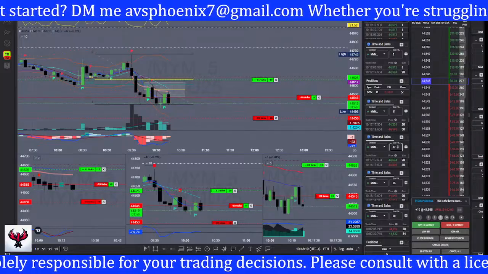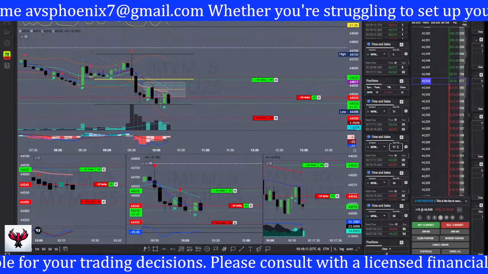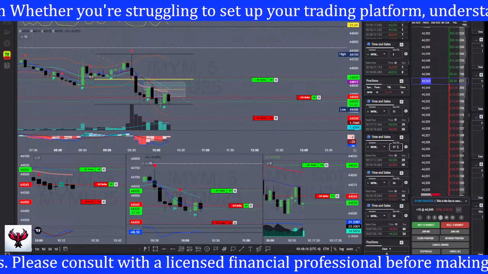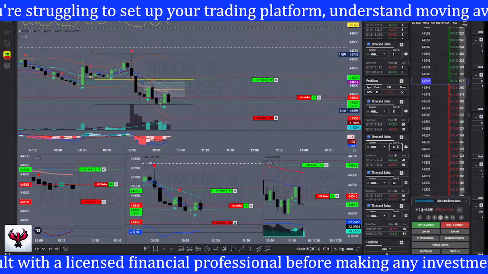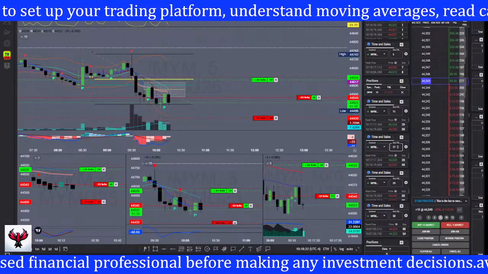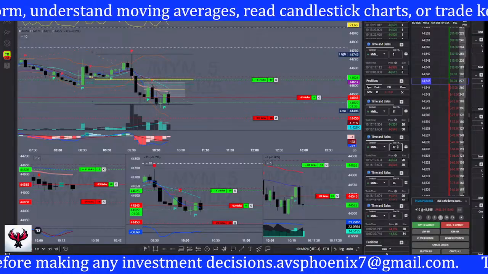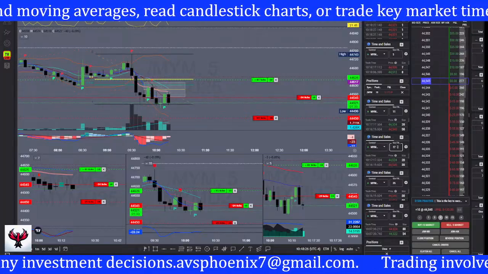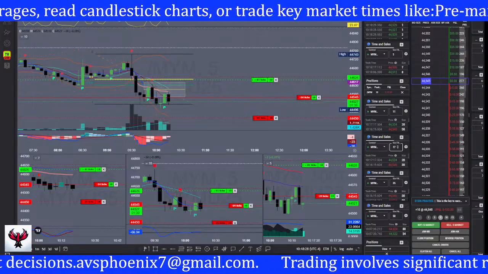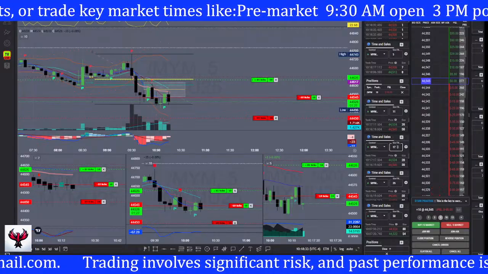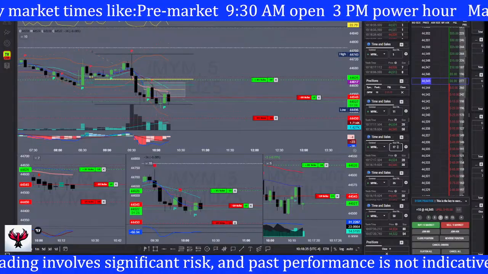CPI came in in line. I set my trailing profit target on the day to liquidate at giving back $300. Damn it! I just missed that entry. I tried to get back into a 2 lot there. That 173 level is holding. That's the high of that Nvidia candle. I'm okay risking a little bit of the profit from the day. Would still be up a grand on the day.